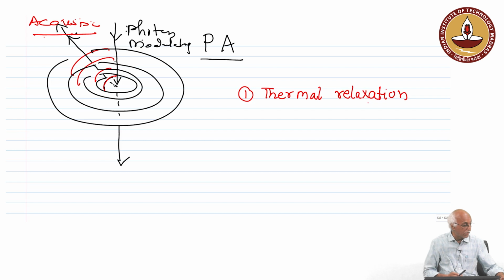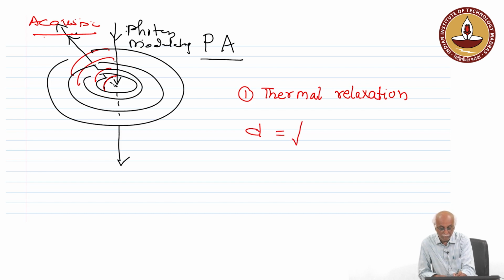Now, this thermal relaxation is given by, so basically when the laser interacts with this tissue sample, the sample absorbs that heat, the thermal heat gets diffused, and this depth of diffusion, let us say it is d, is given by